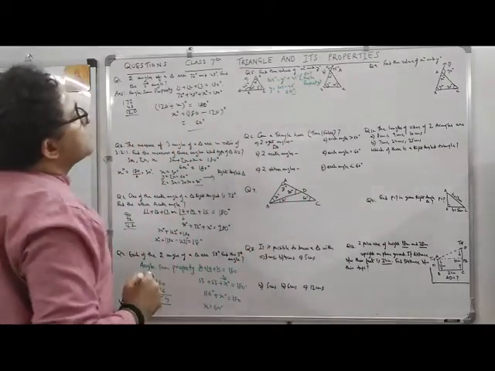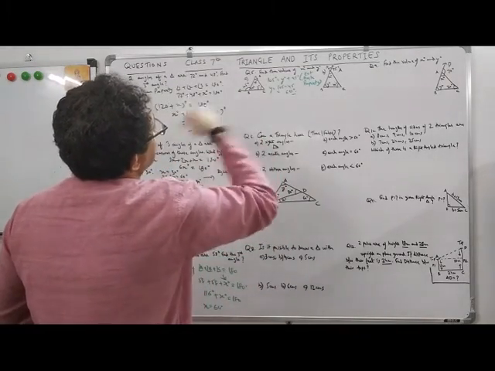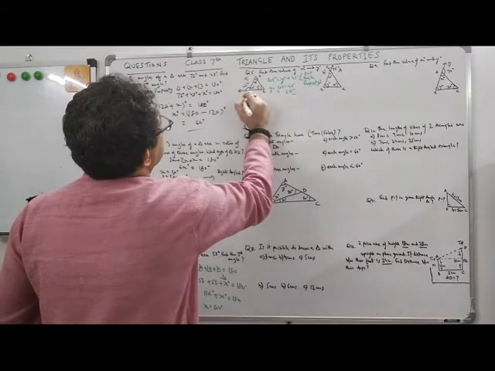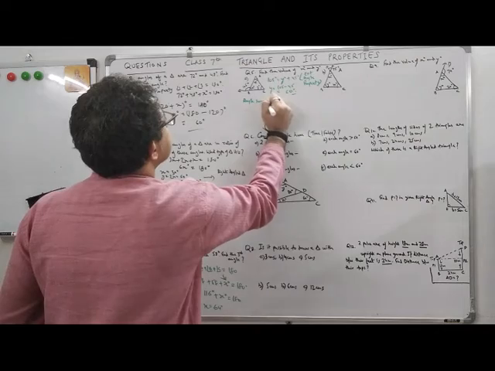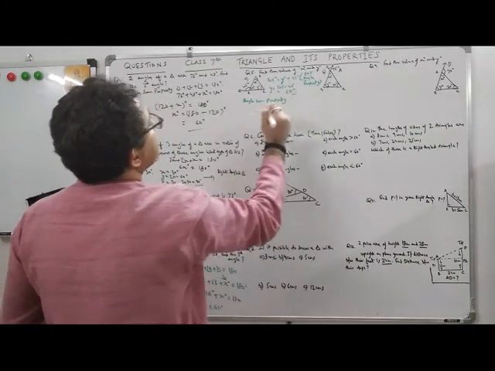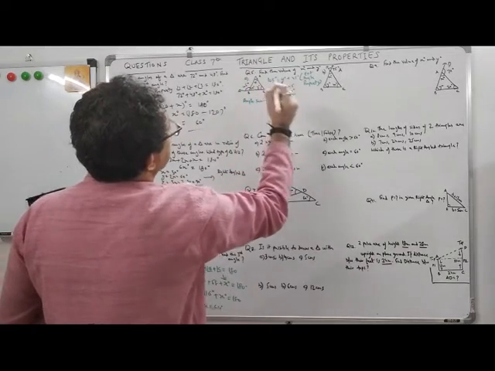Okay, and now we have to calculate x. So x is what? This will be the angle sum property. If you see, very simple. Angle sum property is very important. This is in the second part. Angle sum property. Why? Because all the angles are known. Angle x is required. Angle y is known now.